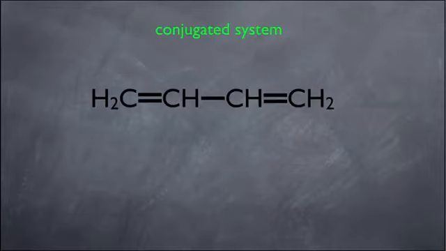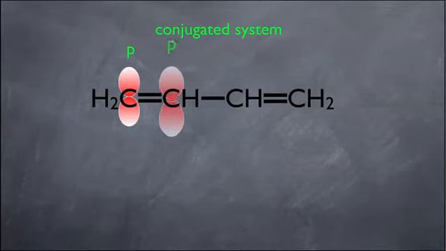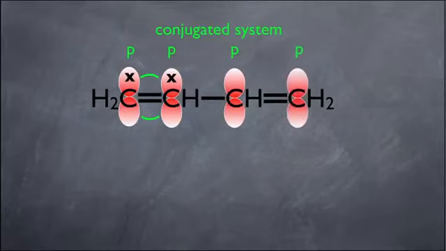And let's remind ourselves what's happening at an orbital level here. Remember, each one of the carbons in the conjugated system is sp2 hybridized, and that means that each one has an unhybridized p orbital, and each unhybridized p orbital has an electron in it, and those electrons are sideways overlapping to make that pi bond. Remember the truth behind that pi bond. Every pi bond is 2 p orbitals sideways overlapping. So the pi bond on the right here, the same thing is happening. 2 p orbitals with electrons are sideways overlapping to make that pi bond,